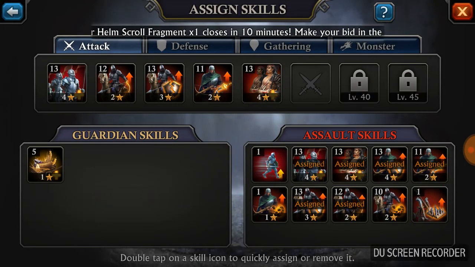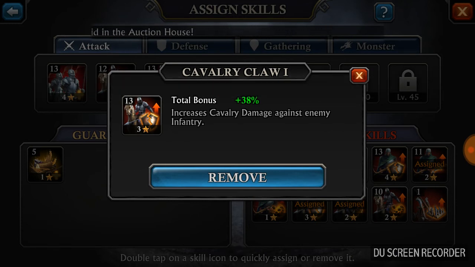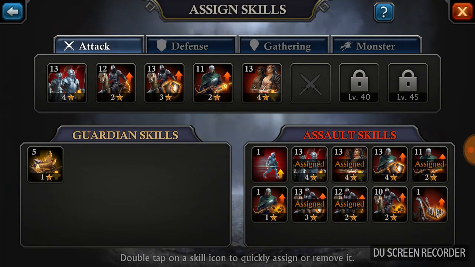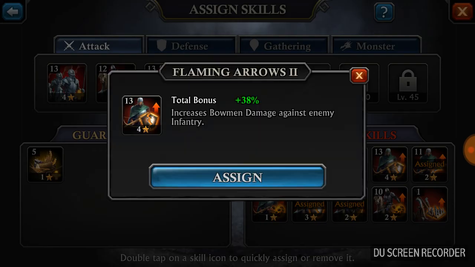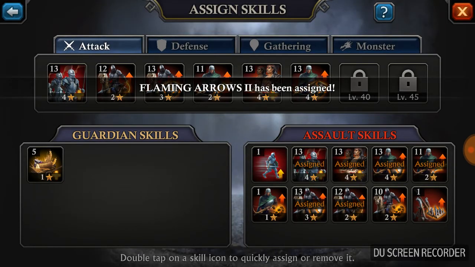And then the other ones I would look at are any that boost your attack against infantry. Say like Flaming Arrows 2, which boosts damage from bowmen against infantry. And then your Cavalry Claw 2, which boosts damage of cavalry against infantry. The other ones I have on mine...